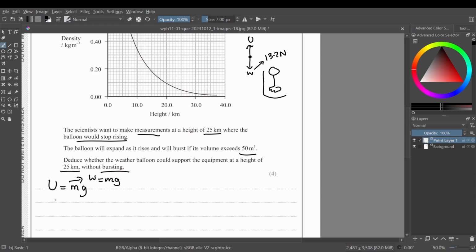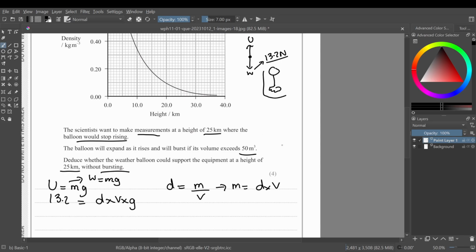So we actually have the upthrust, right, because the balloon is stationary, so we can use the value of the weight, which is 13.2 newtons, and you don't have mass, so you can use the density formula, which is density is equal to mass by volume, right? So if you rearrange it, it will be mass equals density times volume, right? So now basically if you substitute it here, it will be d times v times g. Okay,